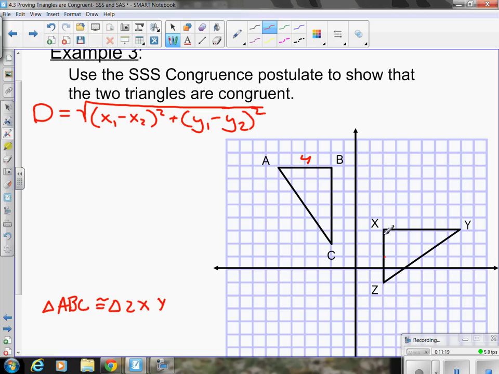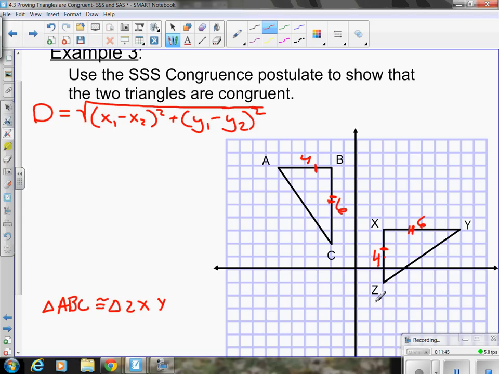This has a length of 4. You can just count it. This has a length of 6. This has a length of 6. So right now I have, by definition of congruence, that since they have the same measure, AB is congruent to XY, BC is congruent to XZ, BC is congruent to XY, and now I have to show